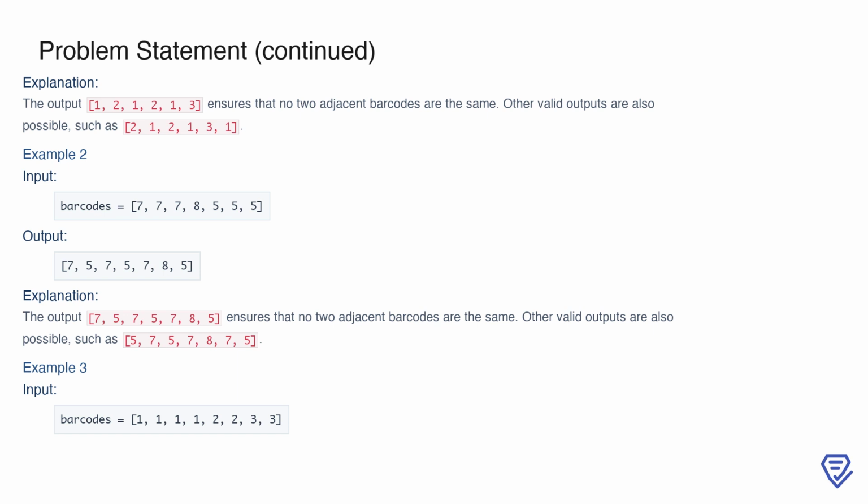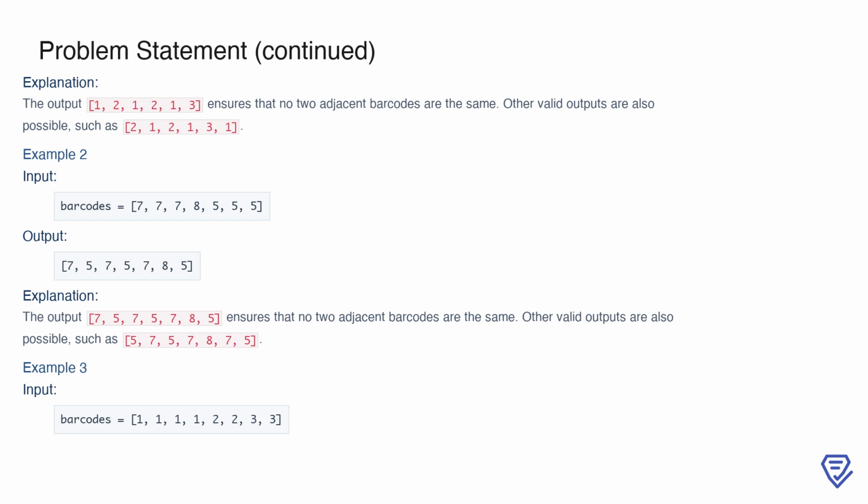Now, let's examine another input, barcodes equals 7, 7, 7, 8, 5, 5, 5. One possible output is 7, 5, 7, 5, 7, 8, 5. This rearrangement satisfies the condition of no two adjacent numbers being the same. Similarly, 5, 7, 5, 7, 8, 7, 5 is also valid. Notice how the solution ensures that even when certain numbers appear more frequently, they are distributed in the output to